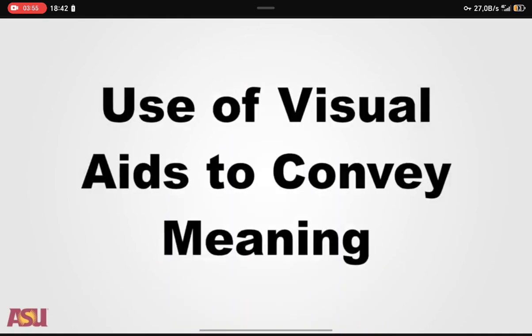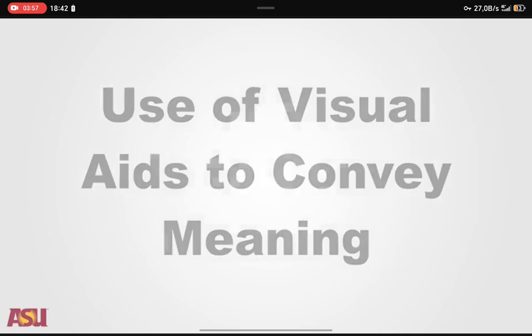By using only the target language in the classroom, teachers can expose their students to more comprehensible input and provide more opportunities for their students to practice in the target language. But you must be careful. Strict enforcement of such policies can raise students' affective filters and actually make it harder for them to learn the language. Find a happy balance between using the target language in the classroom and allowing occasional use of the native language where necessary and appropriate. Use of visual aids to convey meaning.